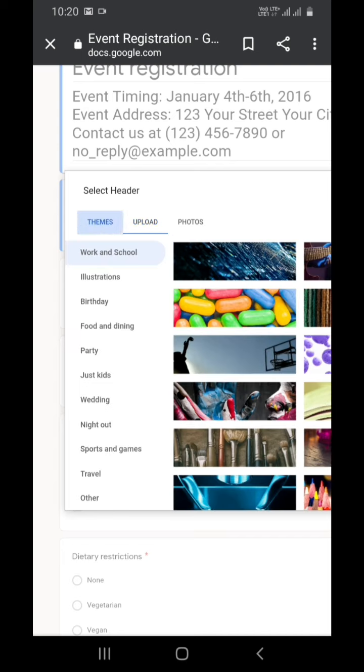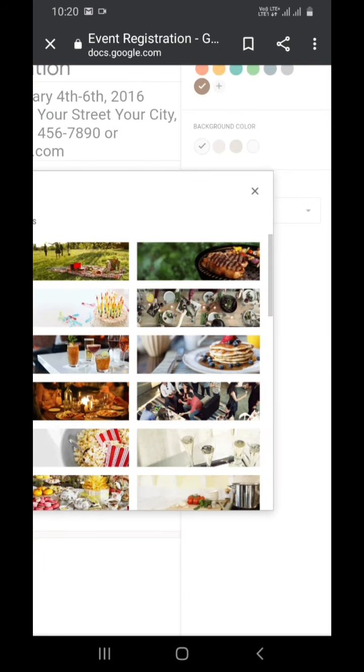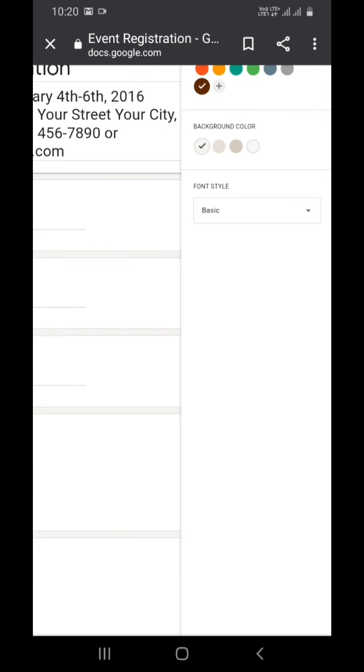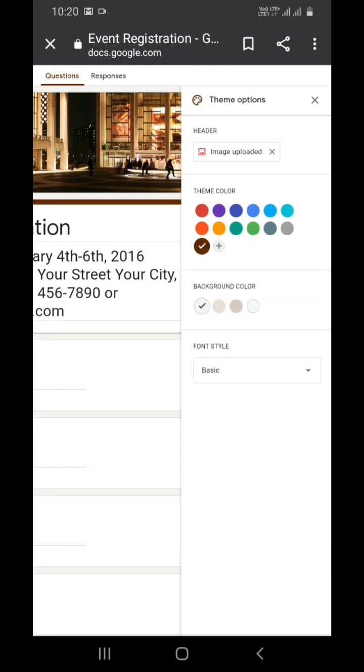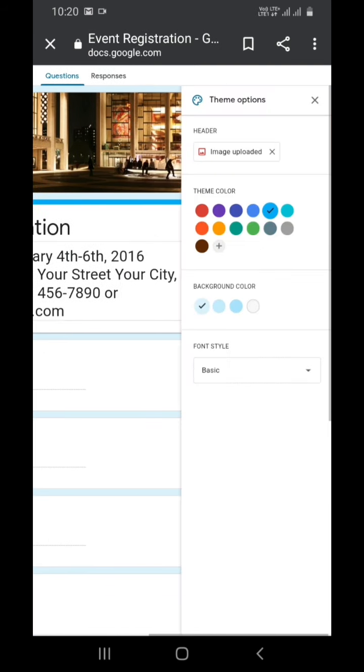Or we can also use the themes which are already available in Google Forms. So let me close this. We'll move on to the next one, that is theme color and the background color. When you click on this particular color, you can see the changes made in the form. Likewise we can change the background color also.